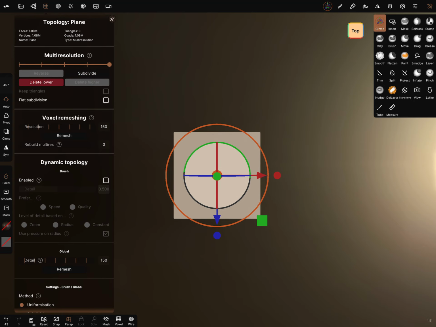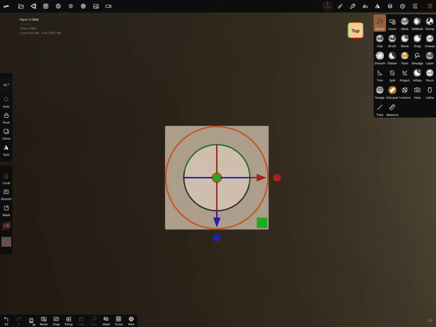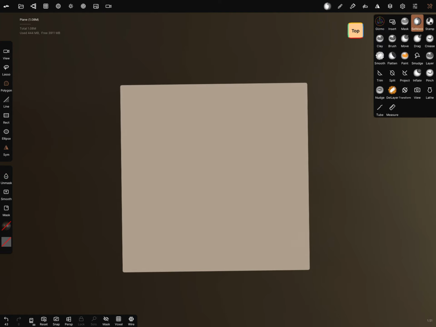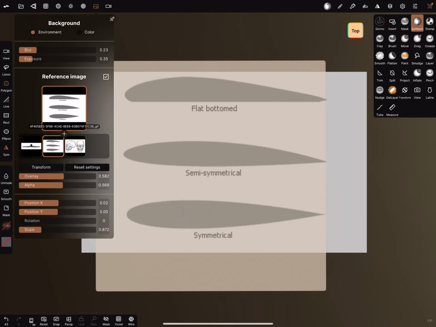Okay. View, orthographic view, and selection mask. For this kind of objects, we can use, for example, reference images.